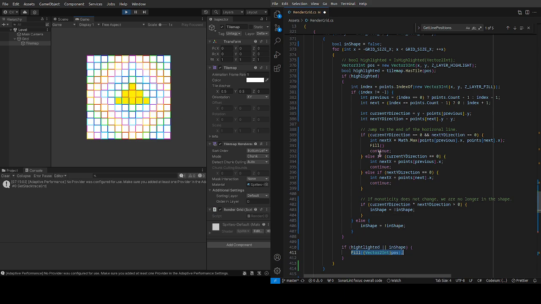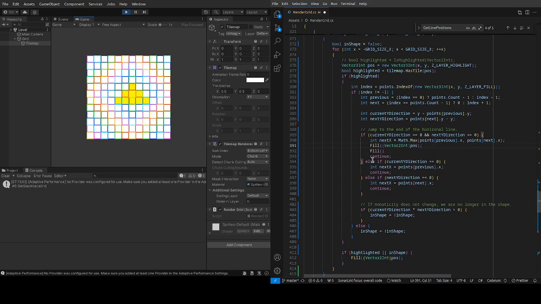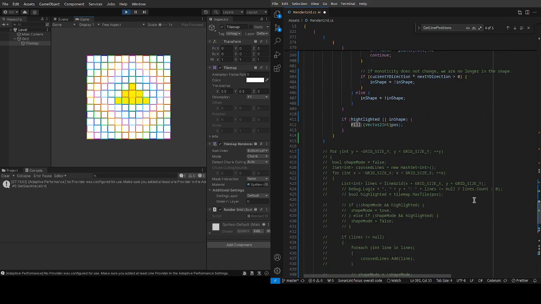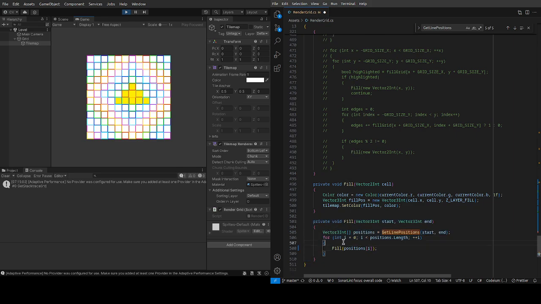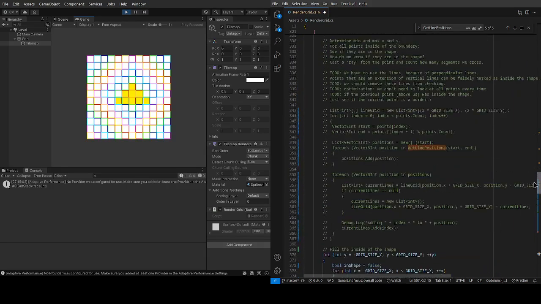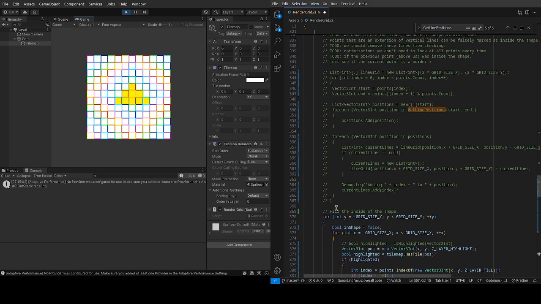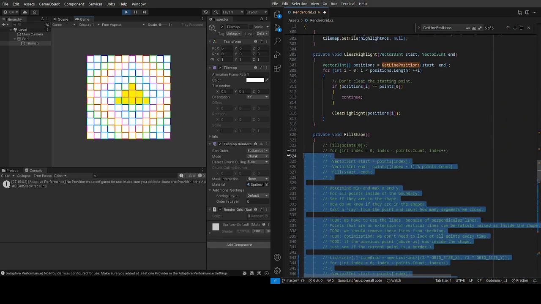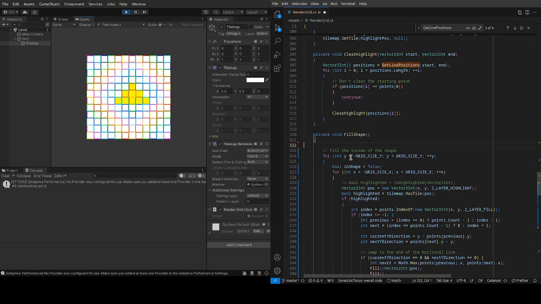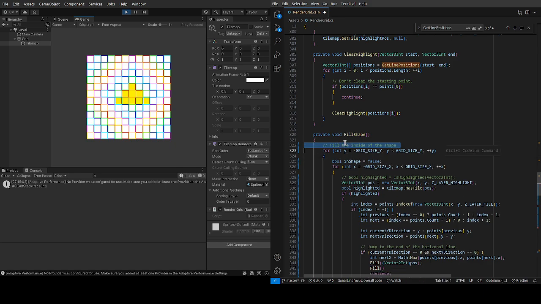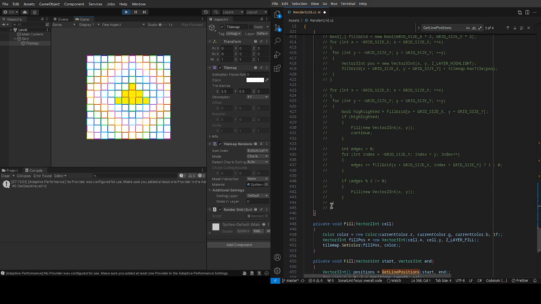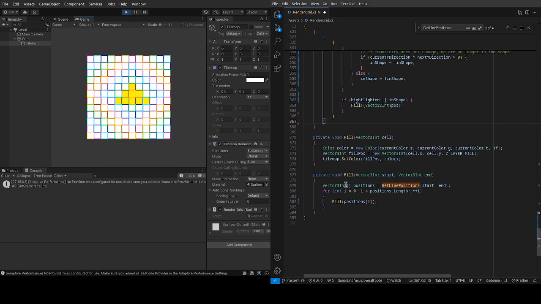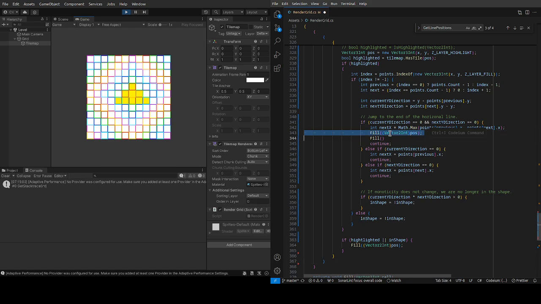So probably what I want to do is I want to say here, okay, fill, and then I say fill line. I am going to remove this because we now know that this is all bad code. This is also bad code. And then I have to really clean up my script. So what do we do here? We definitely fill